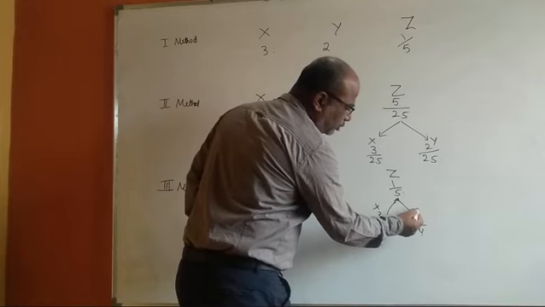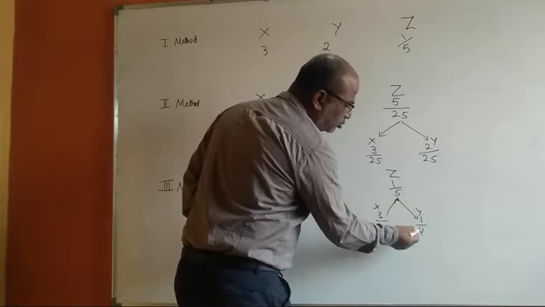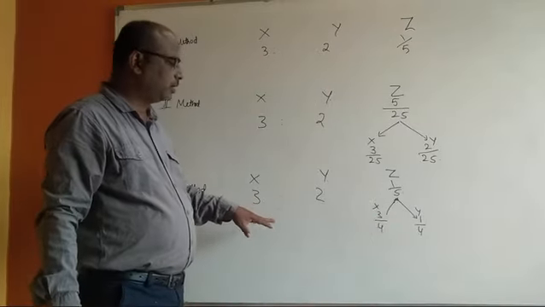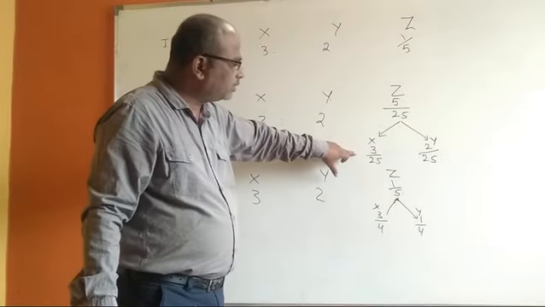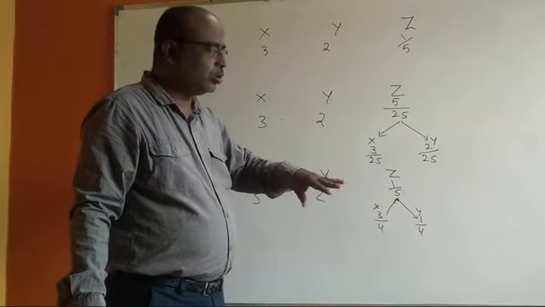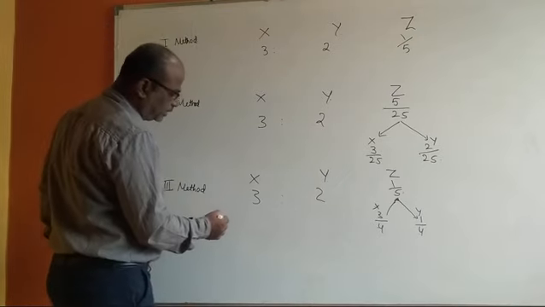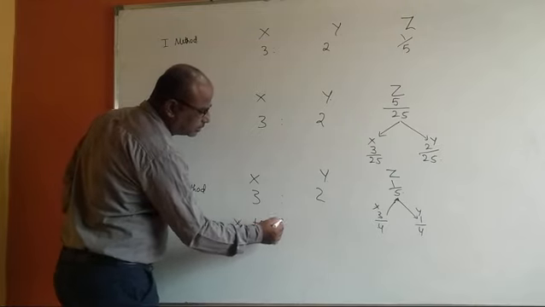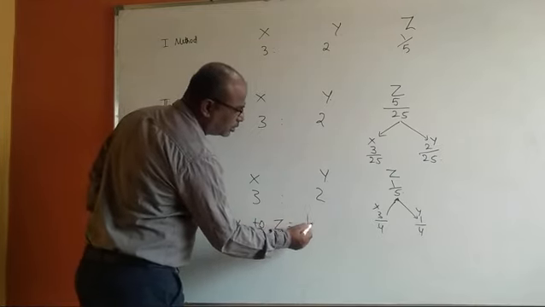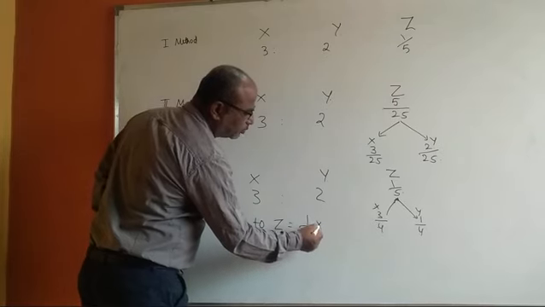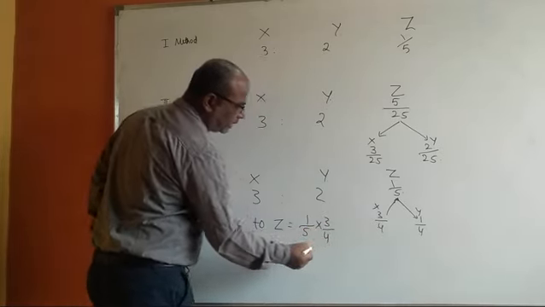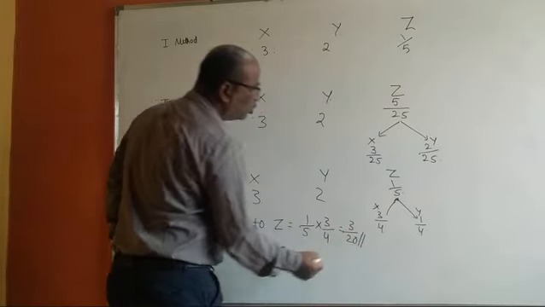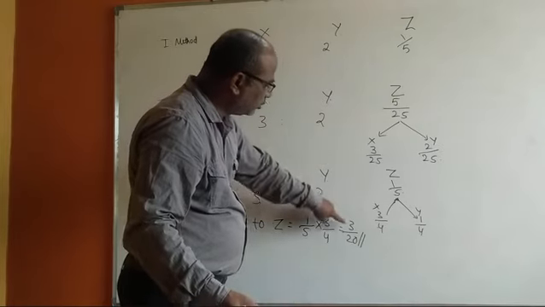So 1/4 of 1/5 should be given by whom? Y. So this is called as what? Third method. So here, to get this, you are supposed to do one more step. That is, already you have seen X to Z. This is one more step. That is 1/5 is his share, and 3/4 of that 1/5 should be given by X. So here 3/20. So this is the resultant of this step.